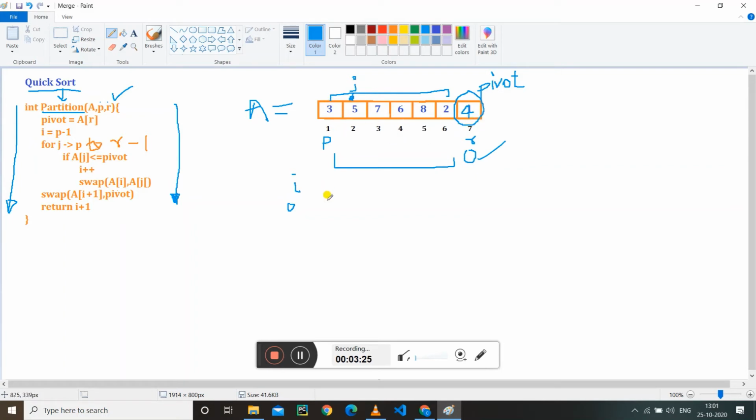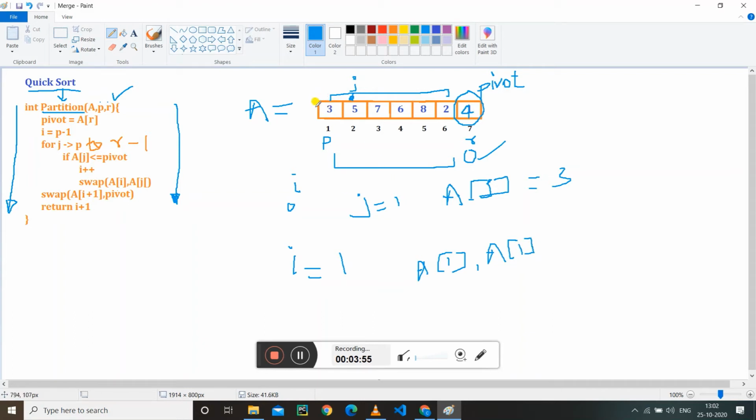See, the first element, when J is 1, A of J is 3, right? So it is less than the pivot. Then we have to increase I by 1, so I becomes 1 and we swap A of I with A of J. So we are going to swap A of 1 with A of 1, which didn't make any sense.